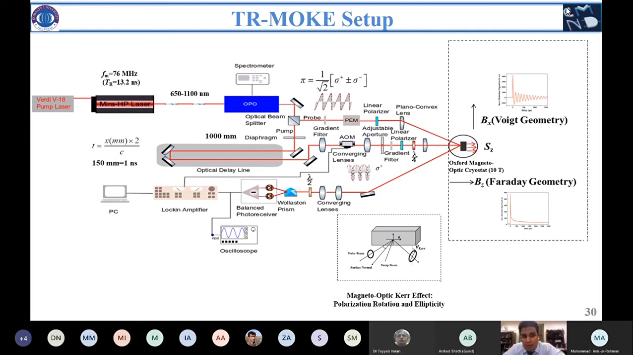The only drawback of this setup is that it cannot measure spin lifetimes greater than 13.2 nanoseconds, because that is the gap between the two pulses. A lifetime greater than this value would mean that even before the spin polarization has decayed completely, the next pulse comes in and spin polarizes the system again. So there is no way to calculate a spin lifetime from this kind of setup that is greater than the time between two consecutive pulses, which is 13.2 nanoseconds. Okay, this was the